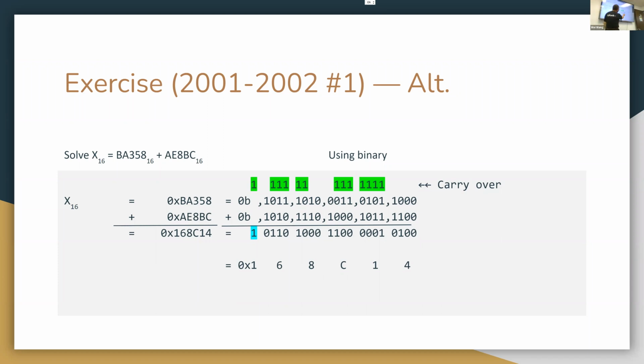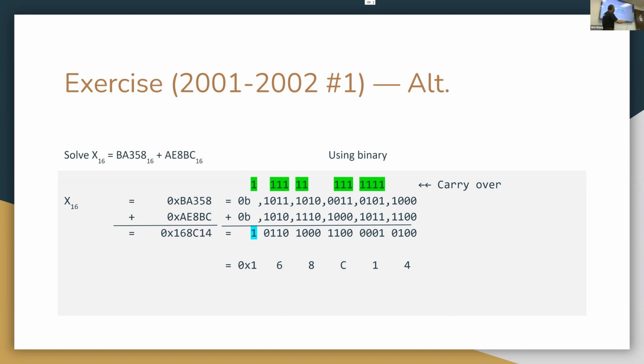Okay, 8 is 1000, right? 5 is 0101, right? So every hexadecimal number here becomes 4 bits in binary. Remember that conversion table? Exactly, that's what we're talking about again, right? So every one of these hexadecimal numbers becomes 4 bits over here, right? And now, once we get that done here, we'll do binary additions,